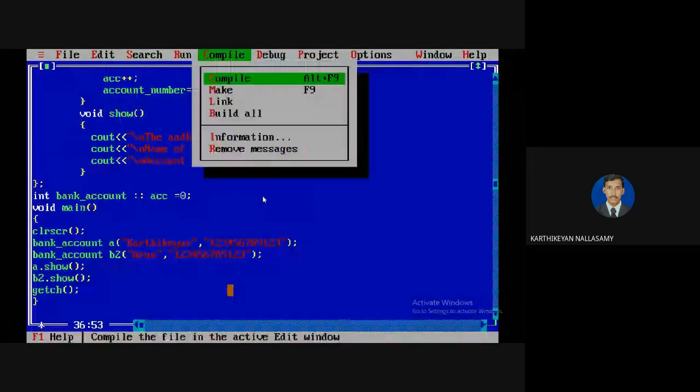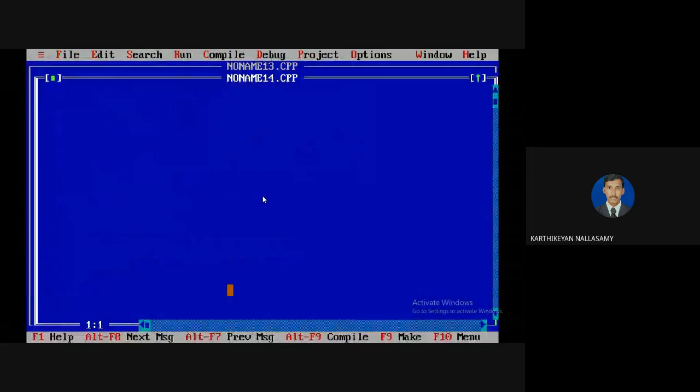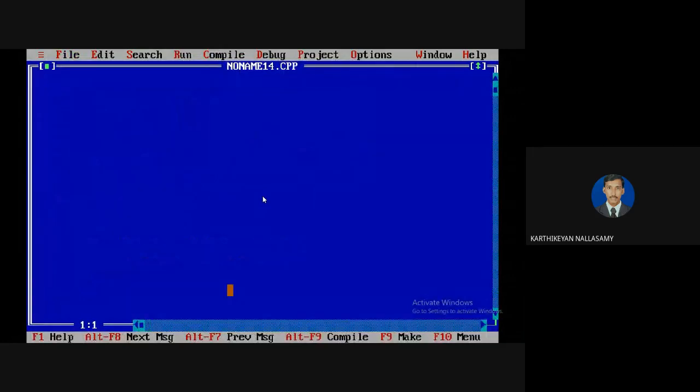Okay, let us take a simple example to see how it will work. So #include <iostream.h>, I'm going to define the header file. Include conio.h. I'm going to create one class for demonstrating the concept of destructors. So I'm going to create an object for this one.